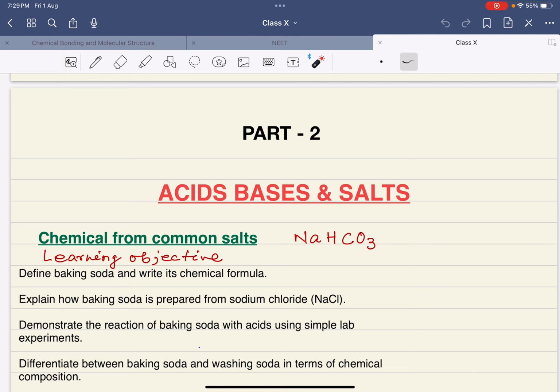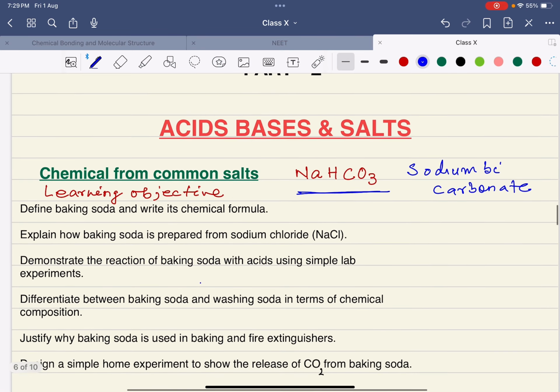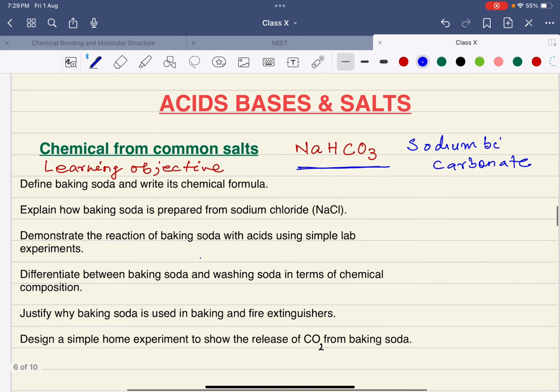Today we are going to talk about chemicals from common salt, the second compound, that is sodium hydrogen carbonate. Sodium hydrogen carbonate is also known as sodium bicarbonate. Today the learning objective: